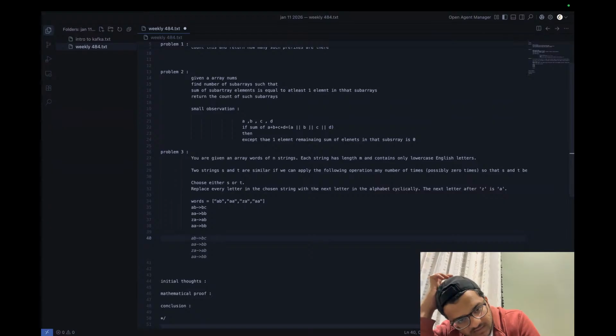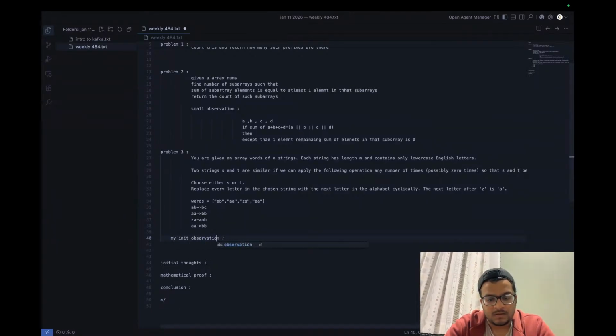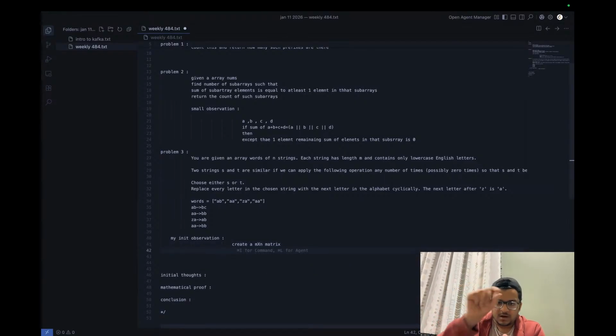When I saw this, I thought something like this. Create an m cross n matrix, which says how many words there are and the length of each word. So you will get the ASCII values at that word and what is the character of that value. And in order to make two rows equal, if you populate it like this,